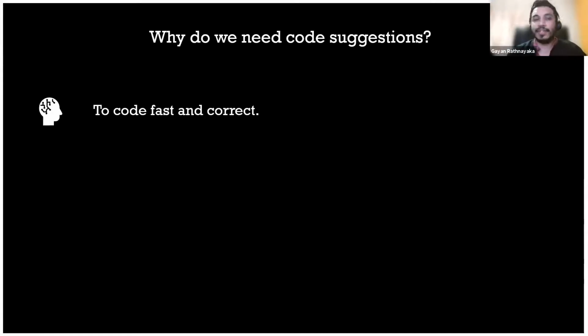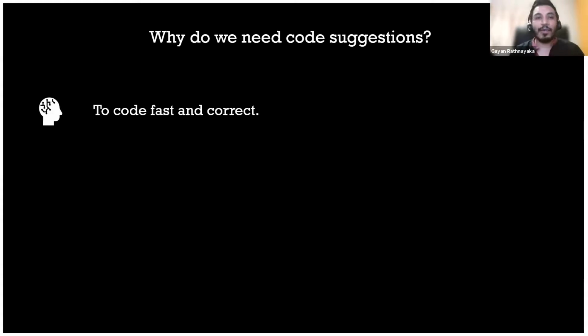Because you don't have any suggestions. You always have to refer to the documentation and write everything by yourself. No auto completion, no suggestions. So it's very time consuming, and at the end of the day you are not productive at all, because just to type things out, you have to spend a lot of time.